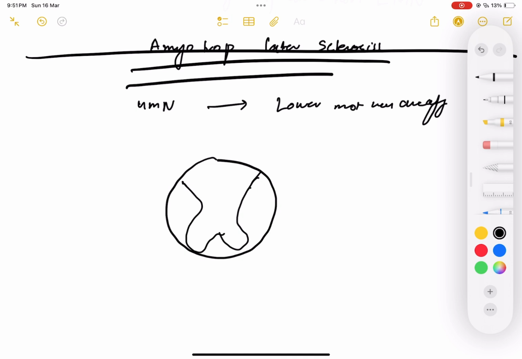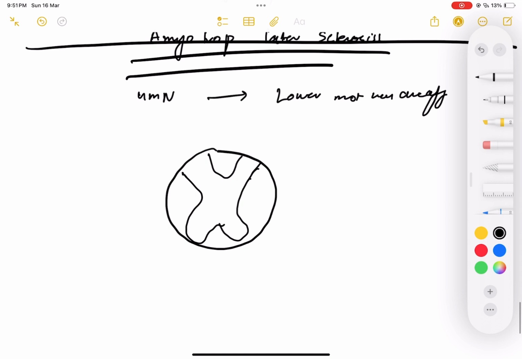For example, this is our spinal cord, our beautiful butterfly, right? So what would happen in amyotrophic lateral sclerosis? This condition would lead to anterior motor horn degeneration. In the anterior motor horn degeneration, we are going to see lower motor neuron symptoms. We already know that, right? Lower motor neuron symptoms, because all of the lower motor neurons are present within your anterior horn, which we have already discussed, right? We will be having muscle atrophy, fasciculations, and what will happen to